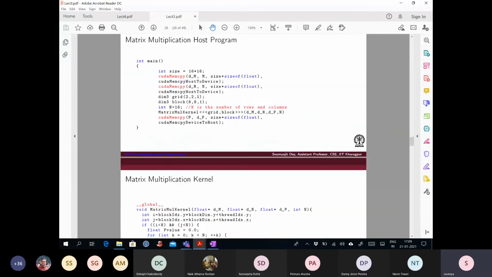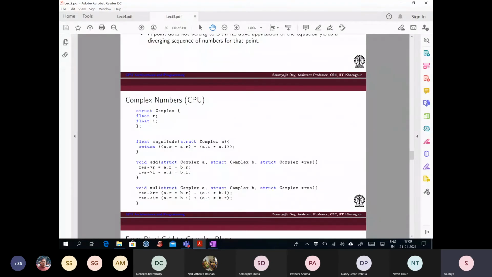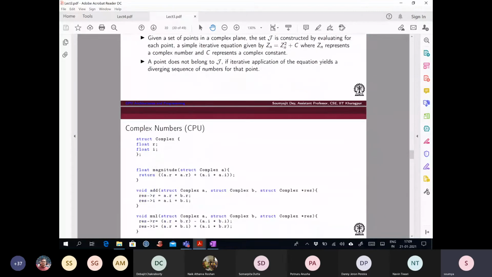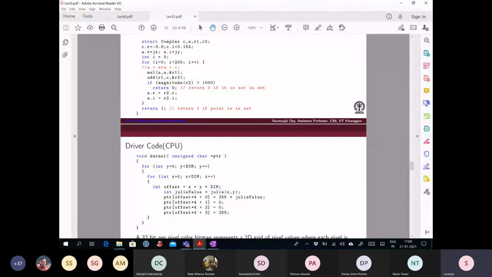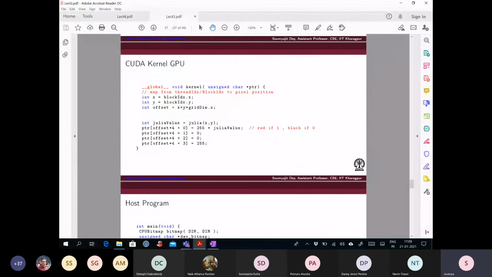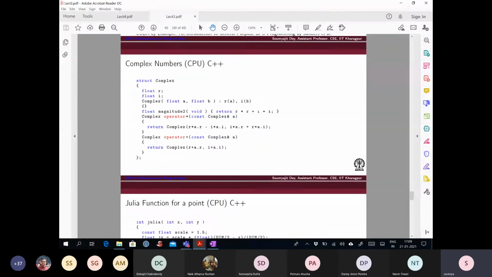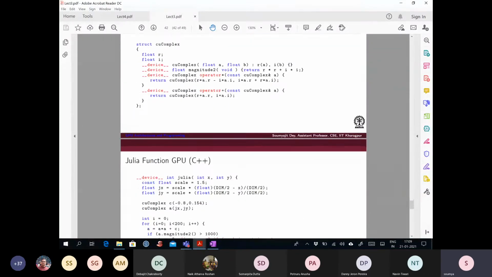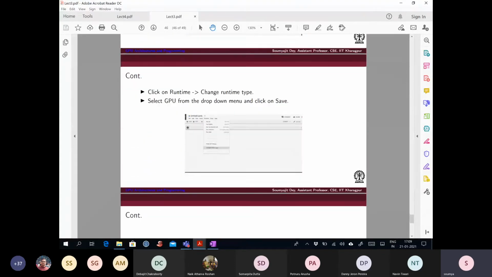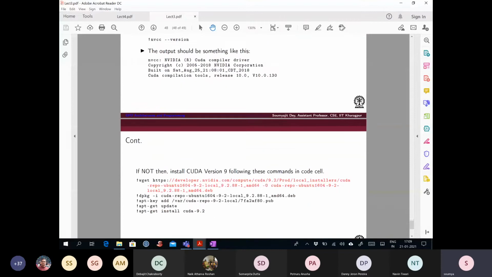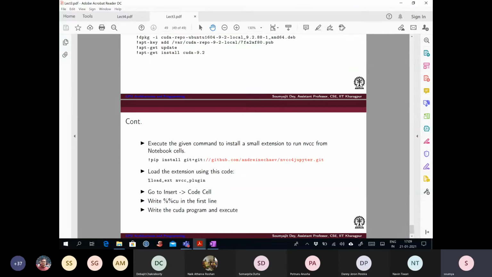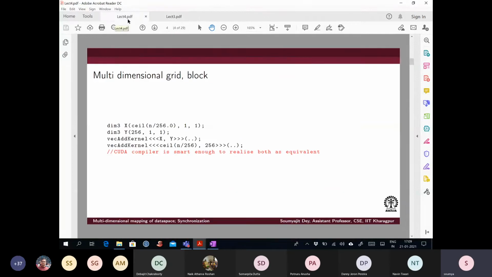So then we provided some example codes again, right? This was the first slide which provided you with some simple programming examples from the Julia sets and matrix manipulation programs, basic complex number and all that, right? So that was all. There is nothing particular. I guess all of you here are programming pros, so these examples are like cakewalks for you, right? And then the slide also had all these Google Colab details. I think further details we have already posted in this Google Meet, so you can take that up separately in the tutorial session.